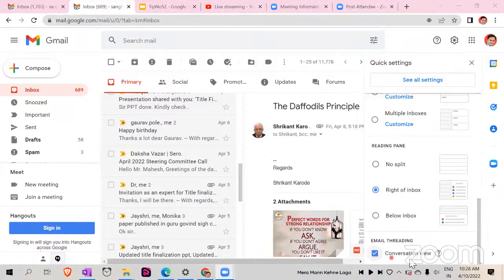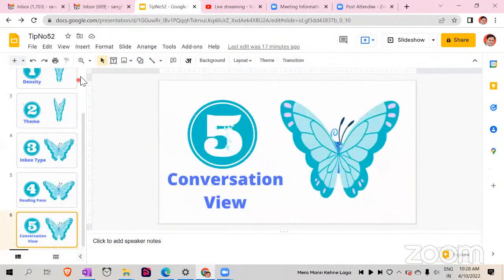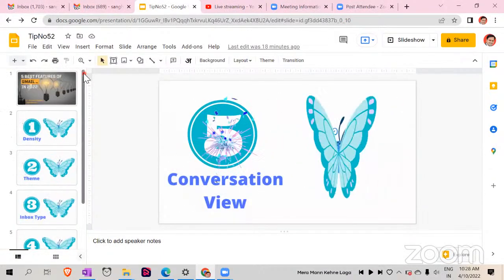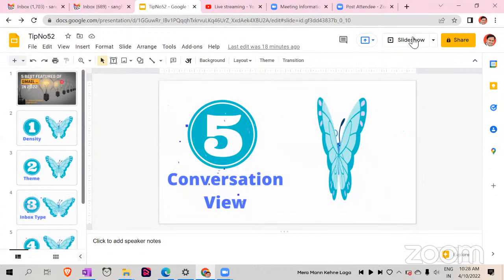If you don't click on that, every time it will create a new email. For example, suppose A is communicating with B. A is sending hi, B is sending hello. These will be 2 different emails, so they will come into your inbox as 2 emails if you don't select conversational view. But if you select conversational view, it will come as 1 in the inbox. Once you click on that, it will show you all the conversation that has happened with you. So friends, all these 5 tips may be really useful, and that will definitely save